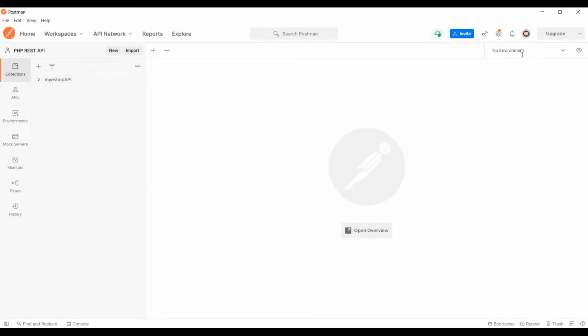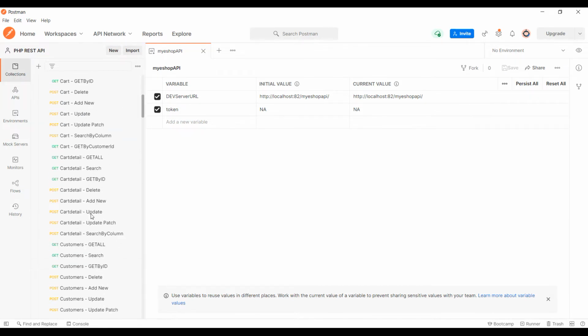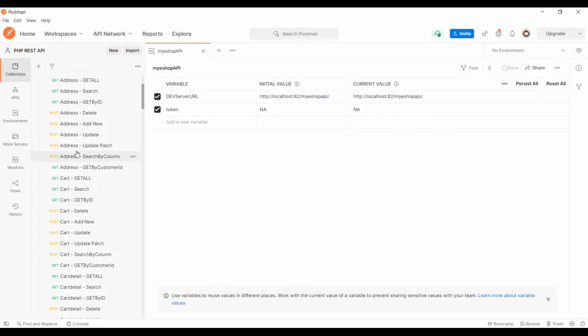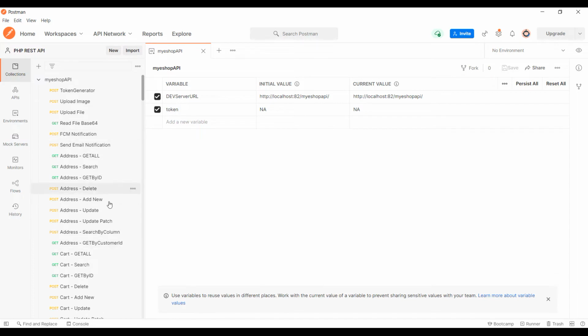Then I have to select the environment first. If I go to the environment variable, this is the dev server URL, which is not correct in my case, so I'll change it to SOP API. You need to use wherever you are hosting, take that base URL and save it here in the environment variable, so that it is taken automatically for each and every collection. This is the API automatically generated. Notice that address is there, order details are there, cards are there. These are all based on your table. It's not hard coded or anything. It's generated based on your table.